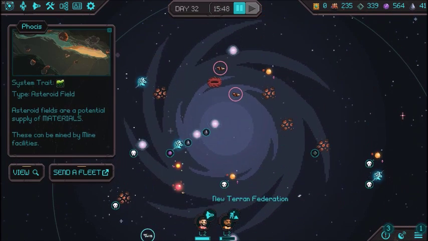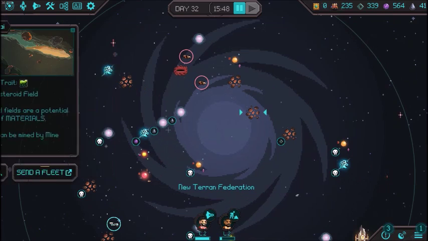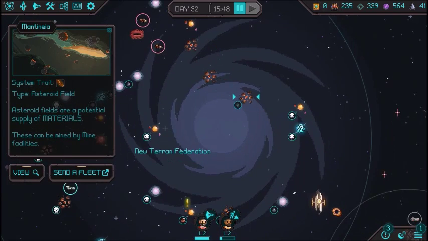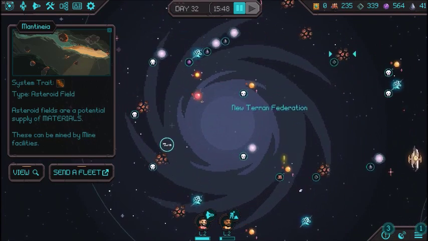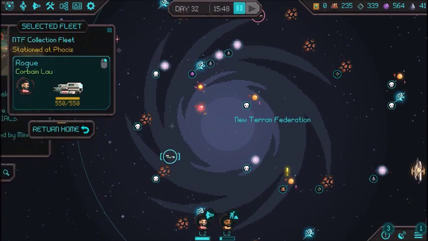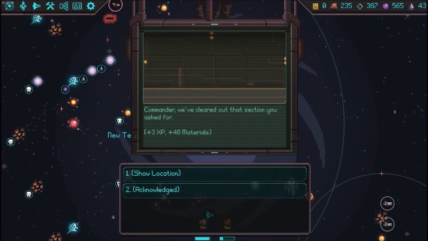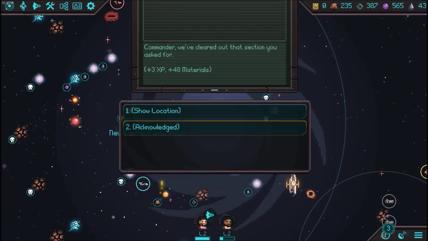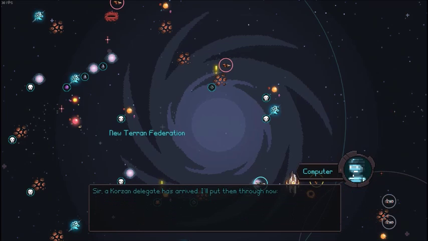Okay, so as you can see, the Cruel have sent out a raid fleet. So they're going to Mantinea. Where is that? Oh, how inconvenient. It's the place I already uncovered. So let's just get Corvan Lau's fleet, or single ship in his fleet, to return home. He's explored the room, good, that's acknowledged. Just get him back. Oh, and the Corzan have